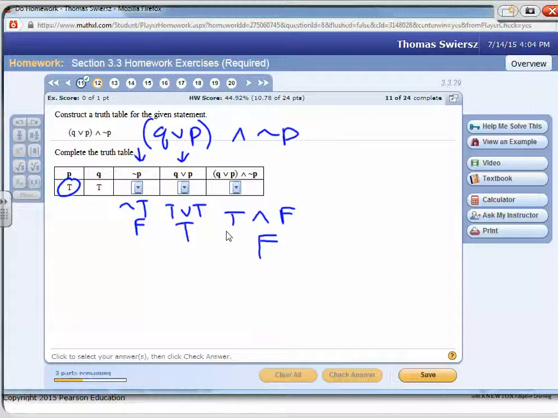False, true, false, false, true, false, false, true, false, false, true, false, true,